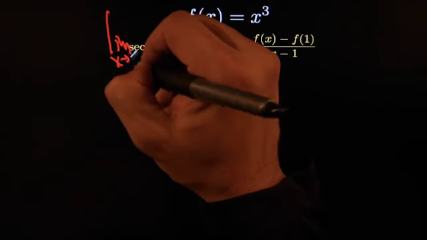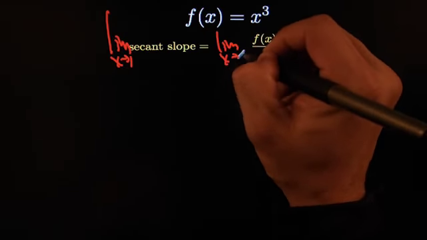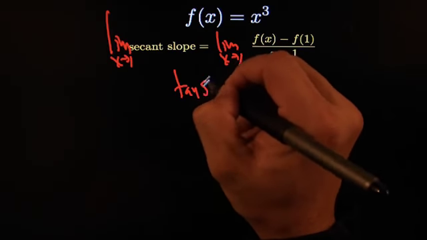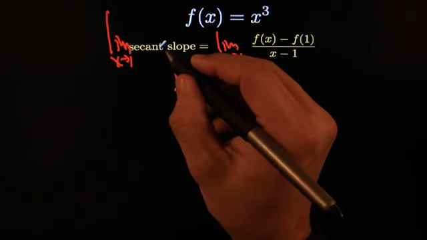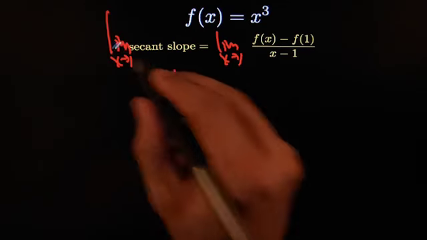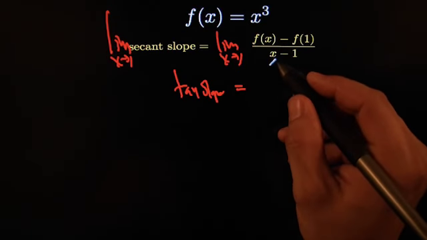Slapping the limit on both sides. The limit as x goes to 1. This turns it into a tangent slope. From a secant slope, you get a tangent slope as you take the limit, and that equals, let me think,